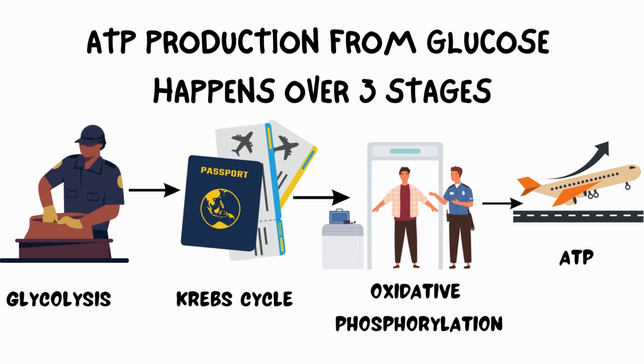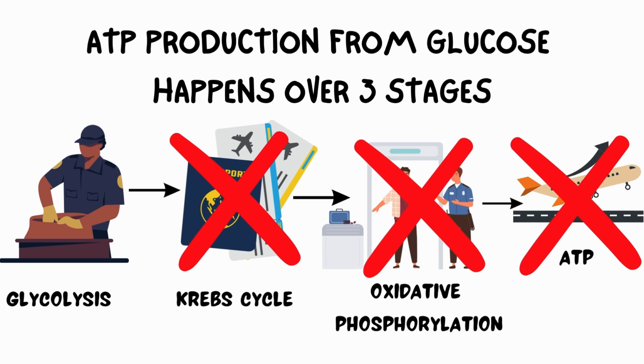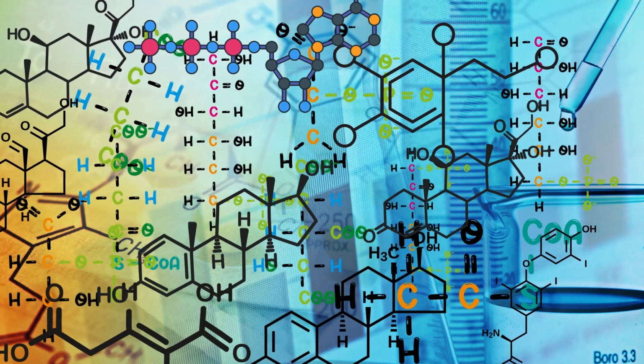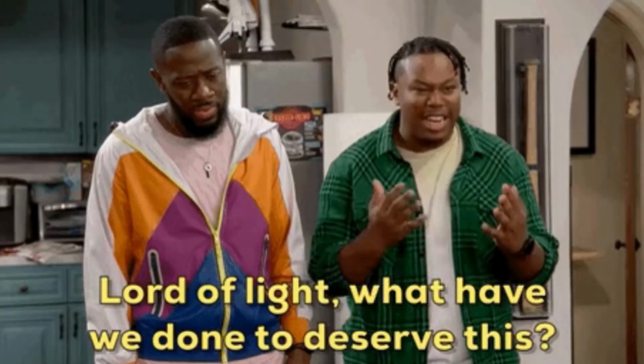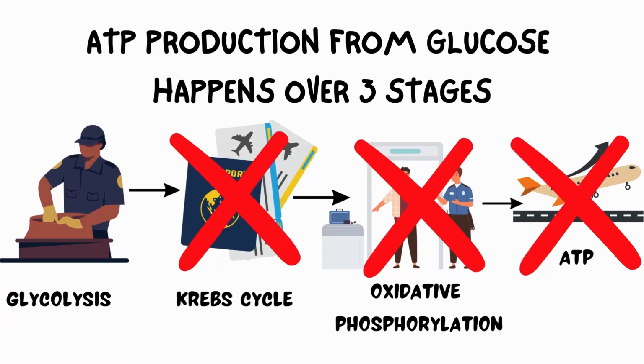The process of making ATP from glucose happens over 3 different stages, sort of like how you go to the airport, check in your bags, verify your documents, and pass through security before you can board the plane. Now for this video, I won't dive into the specifics of those 3 processes because it will take up a lot of time. And quite frankly, it involves a significant number of structures which will elicit some few tears and regret. In fact, I won't even mention the other 2 steps. I will only briefly explain the first one, which is glycolysis.